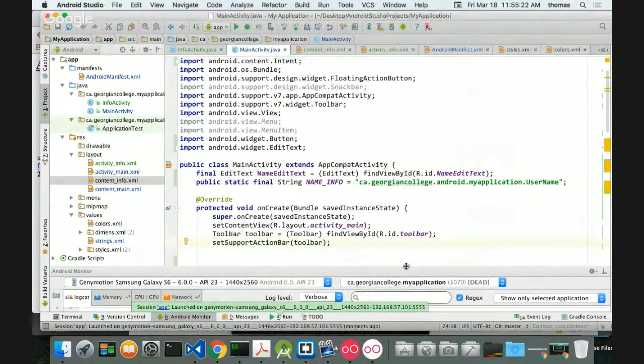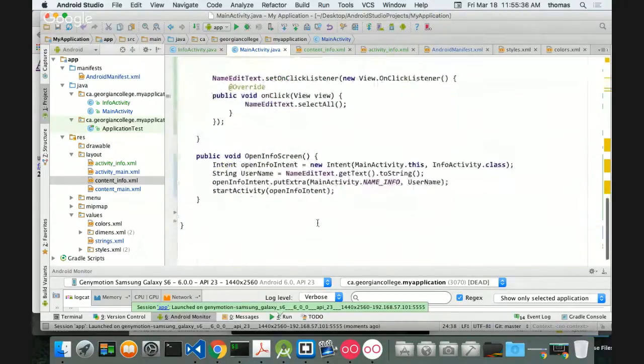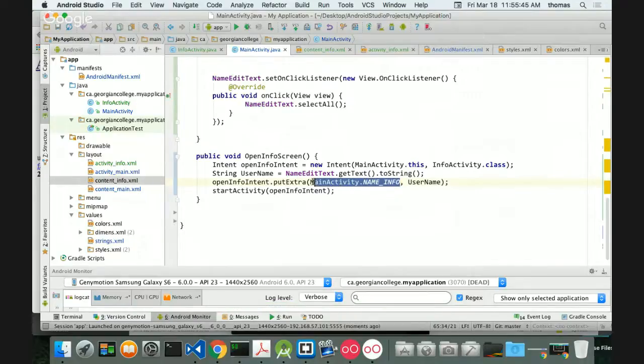How'd you do it? Well, I did it differently than making a public static string for the text in quotes. Show me what you're talking about. Instead of this, when you go and declare your extra, down here, instead of doing that input, you can just put quotes and type the name in, like name info, like this. And then when you get it on the secondary activity,